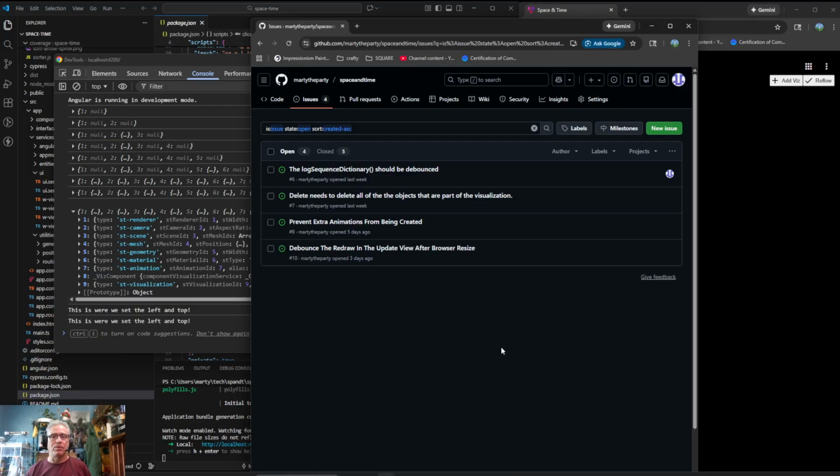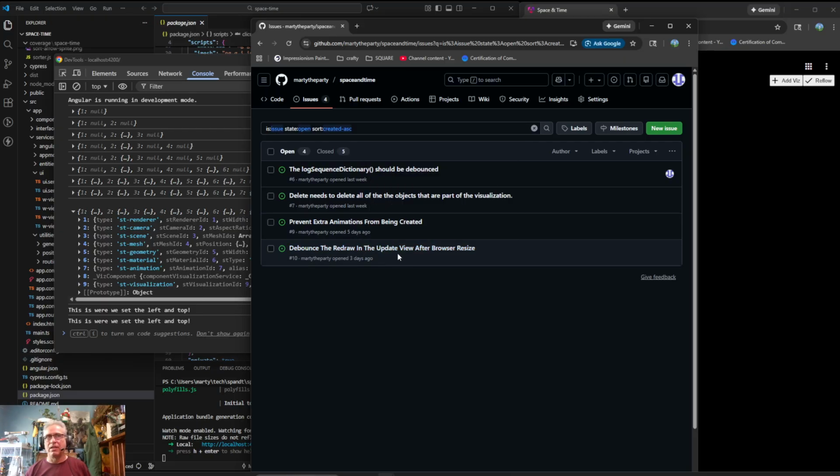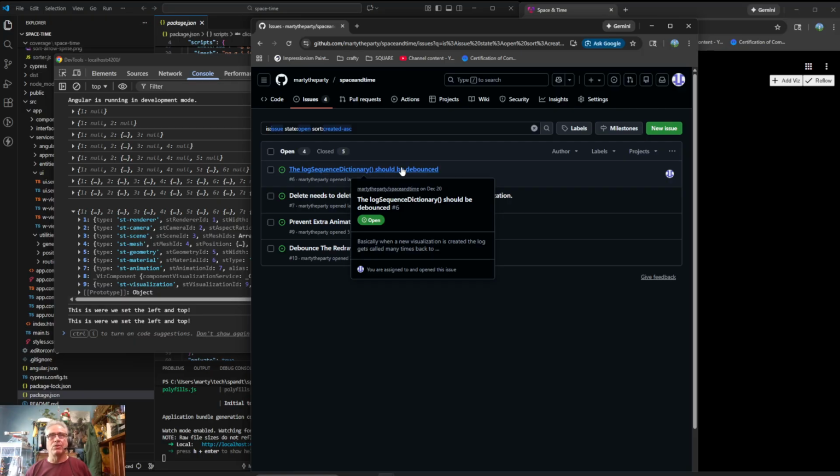it would probably make sense to make this into an observable and then use RxJS, because it'd be a lot easier, since this browser resize thing, I believe, is already an RxJS observable. I'm not 100% sure, but I'm pretty sure it is. So for them, it'd be easier just to add another pipe and say, pipe debounce 300 milliseconds, and then RxJS just takes care of it. But this one isn't, so the difficult thing would be to convert this into an observable and then use it everywhere, which would make a lot of sense